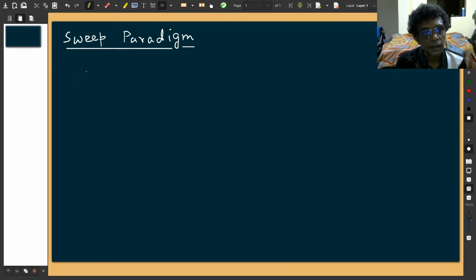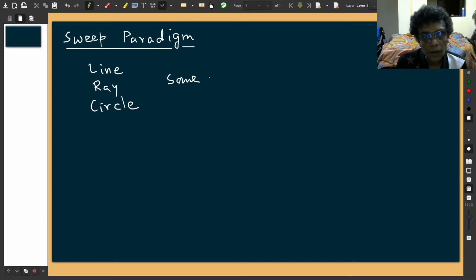is that some object, maybe a line or a ray, circle, rectangle, this sweeps through the plane. Okay. So some object like a line or a ray sweeps the plane,